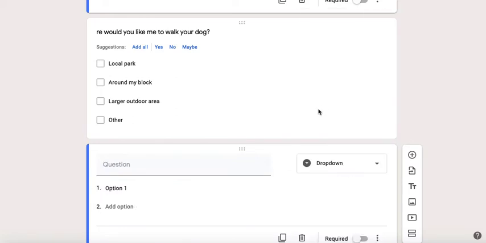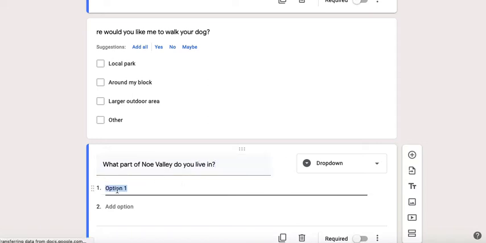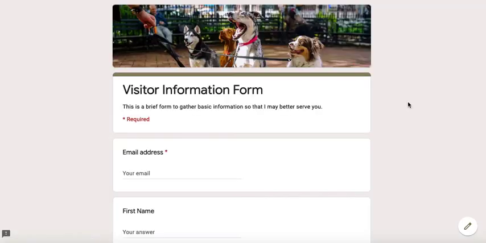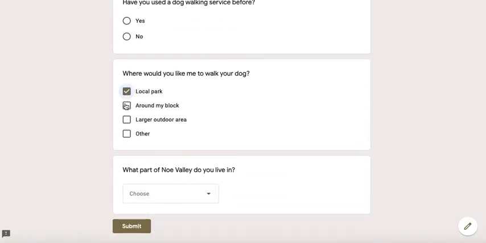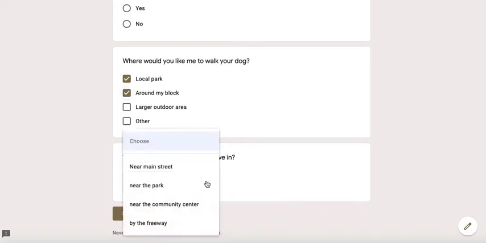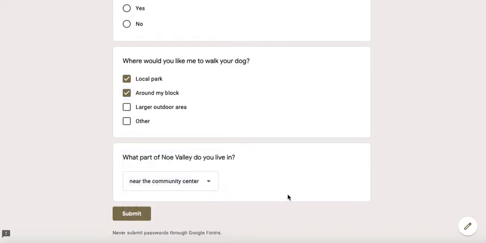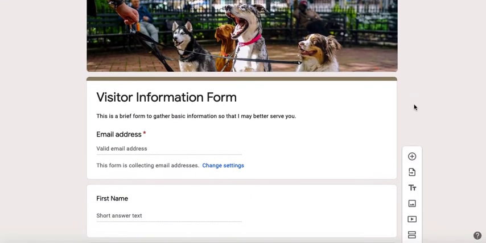Let's try a drop down. What part of Noe Valley do you live in? Let's preview this. I'm going to say I have two options here, and then this is a drop down. So I could say near the community center. Okay, let's go back and see